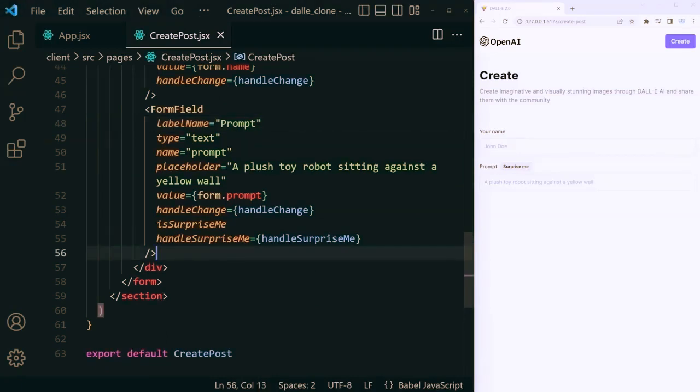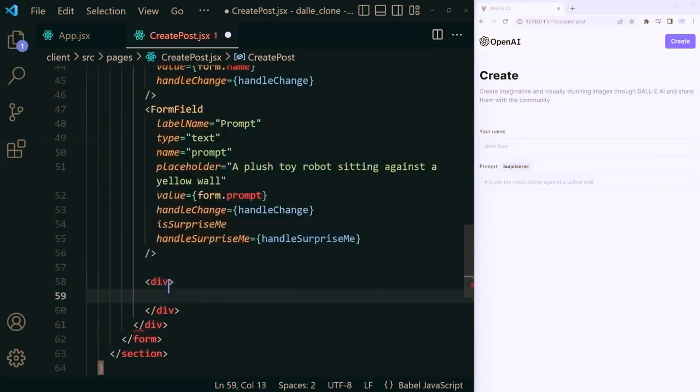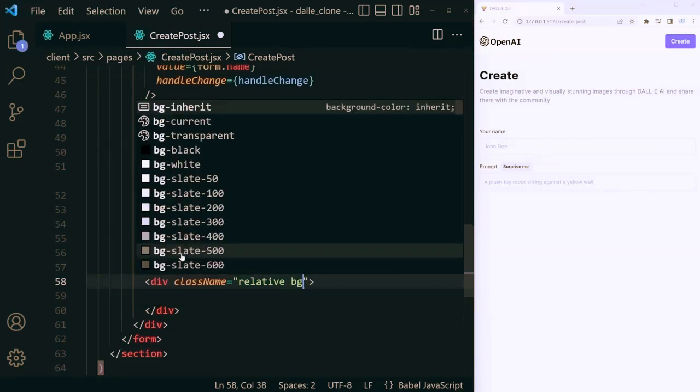Below our second form field, still in the same div, we can create another div. This div is going to have a class name equal to relative. What we're doing right now is we're creating a place where an AI-generated image will be shown, but also we will show a preview of the image in case it hasn't been already generated. So we're creating a container for that little spot right now. We're gonna put it as a relative, give it a